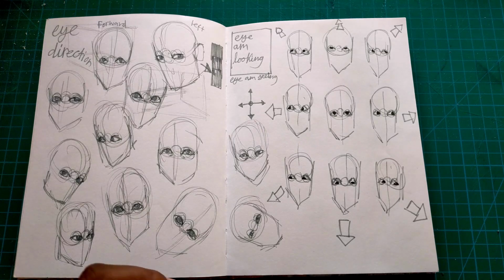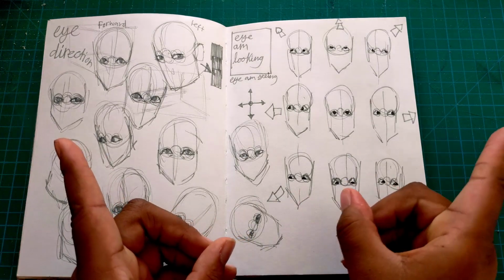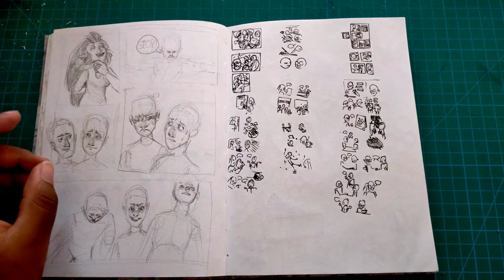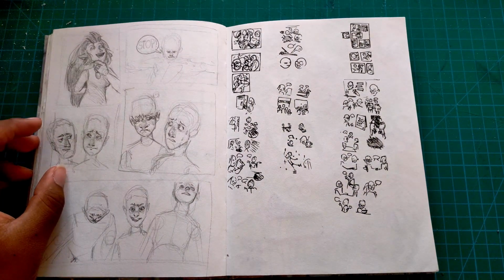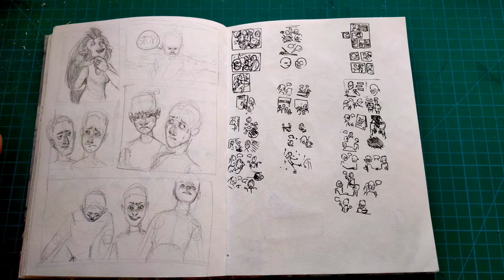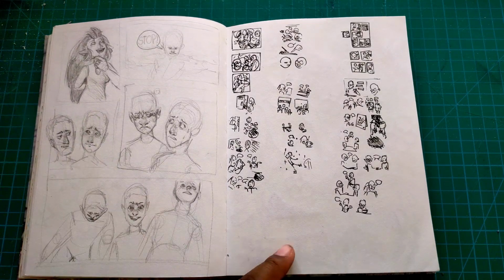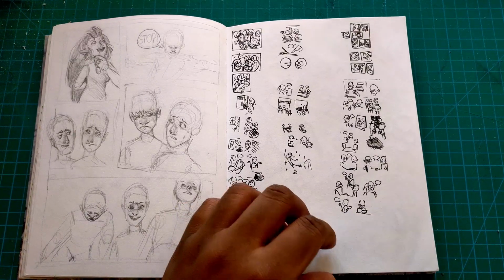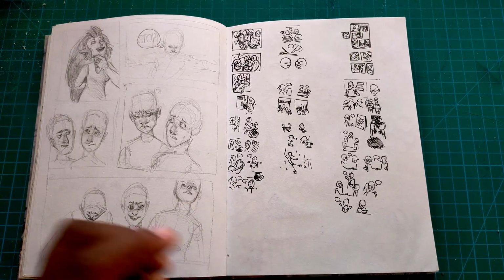But I'm always redrawing the pupils to make sure that they're pointing in the right direction. I don't want one pointing that way and one pointing that way because it's not what I'm going for. And I did some head facial expression drawings. I don't really do my sketchbook in chronological order, so a bit further ahead I did some